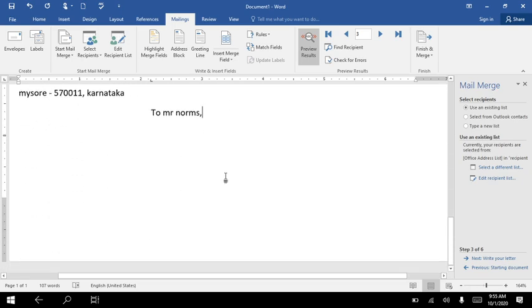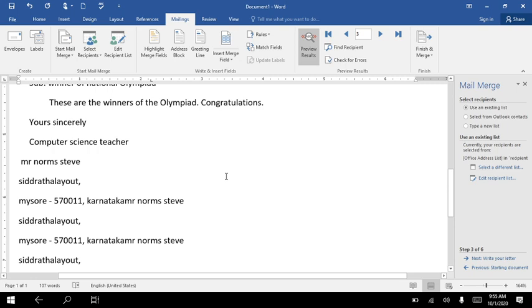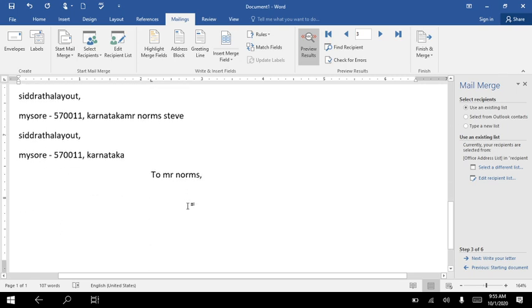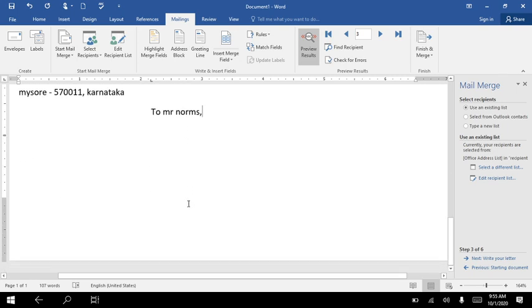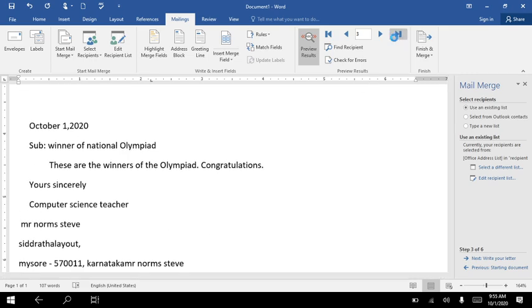See, this is the preview here. Did you understand, children? This is the letter that I have written. So whom I have selected, that address is here. And here you can check which is correct. 1, 2, 3. There are only 3 recipients for me, so I'm just checking. 1, okay, 2, okay, 3. Got it? So this is how you are supposed to check your letter.